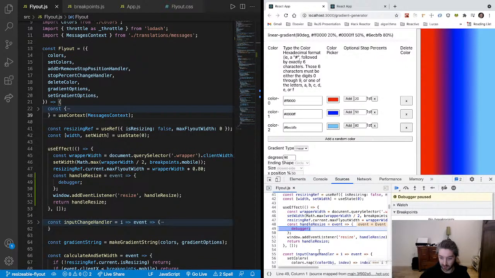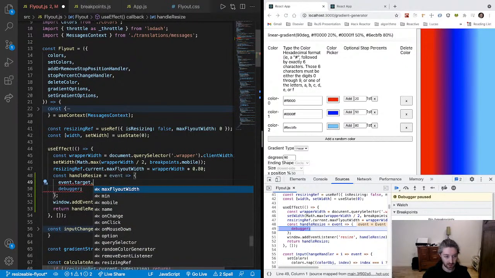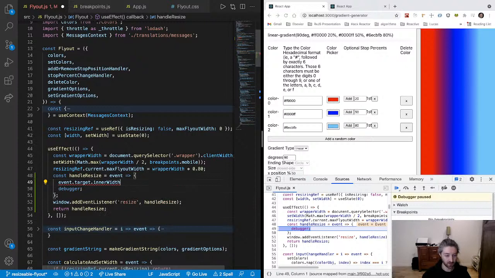Event.target.innerHeight and innerWidth. So, alright, sure, we'll do it. Event.target.innerWidth. And so this would be the max flyout width. So it's this. So the max flyout width is going to be